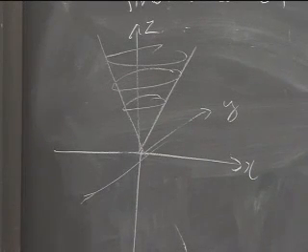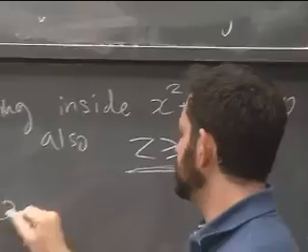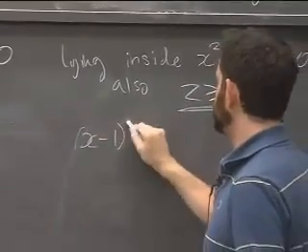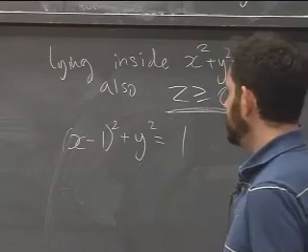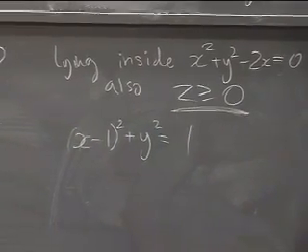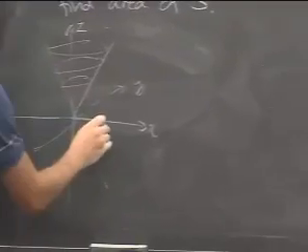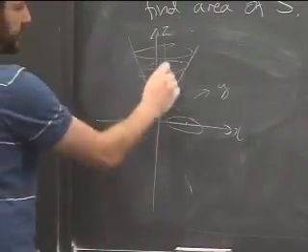Now what is this? This says x squared plus y squared minus 2x equals 0. If you complete the square, you'll find it's (x minus 1) all squared plus y squared equals 1. So that is a circle in the xy plane like this, center (1, 0). And so actually it's a cylinder